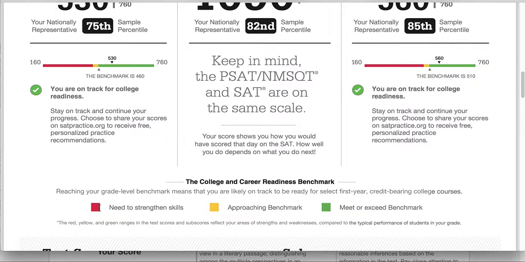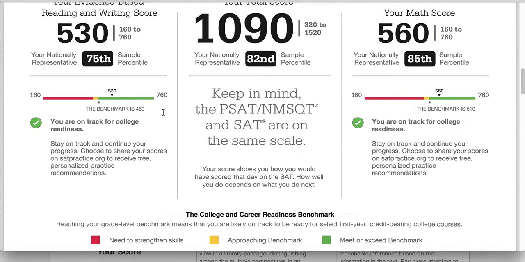However, you might not need as much help as somebody who is in the red. And again, if you're in the green, then you're doing really well. However, you might ask yourself, do these scores represent scores that I need to get into the colleges I want to? In addition to seeing whether you would be college ready based on your skill assessment, you should also keep